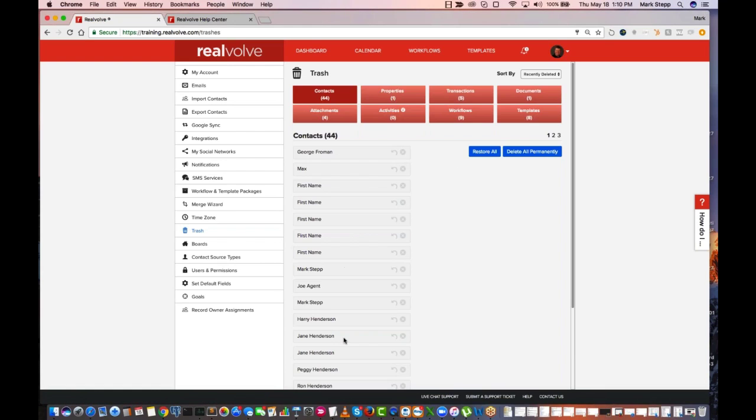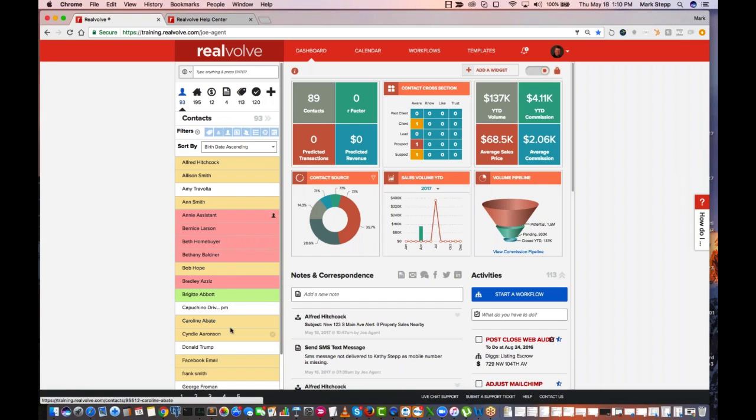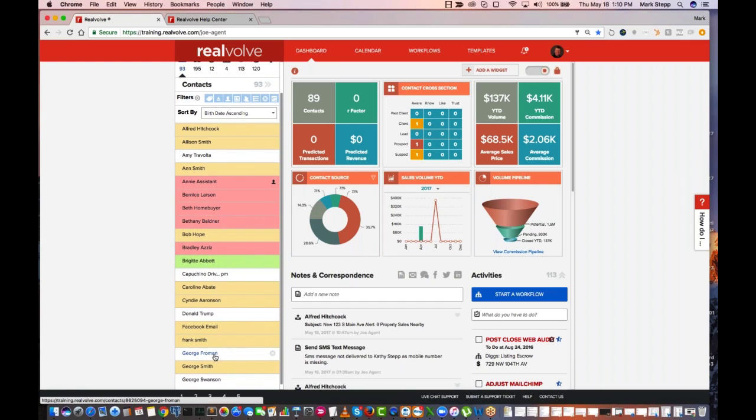If I have a bunch of them in here that I want them all restored, I can click on restore all or delete all permanently. Once you delete them, they're gone. We won't bring them back. We can't bring them back. So be careful if you're doing a delete all permanently option or clicking on the little X here. I'm going to go ahead and click on the little restore button so that puts George back into my list. Come back over into my dashboard, click on my contacts area, and George Foreman or Froman should be in there,